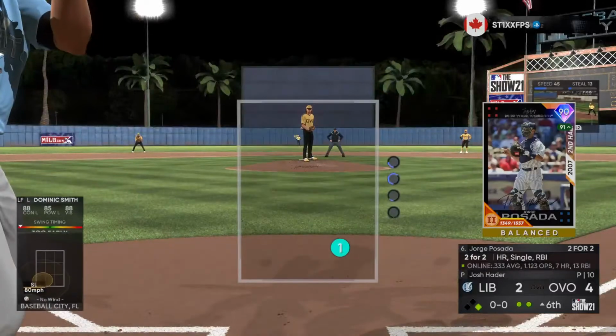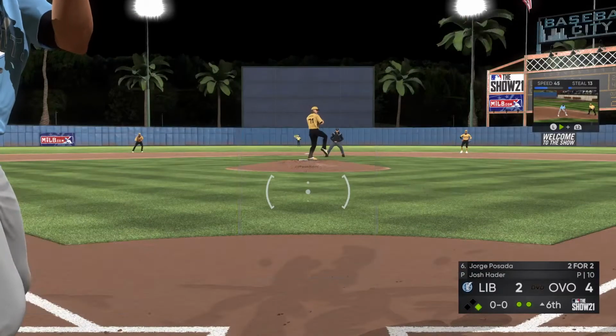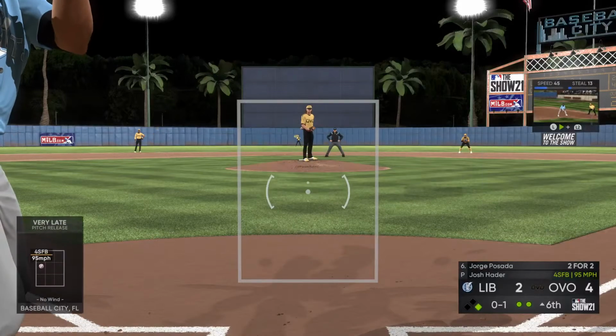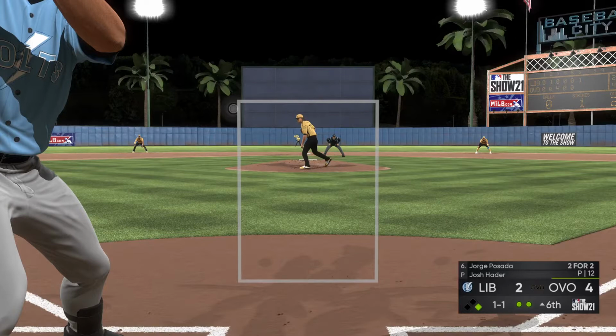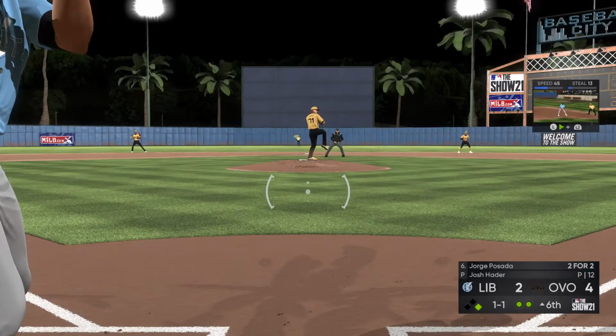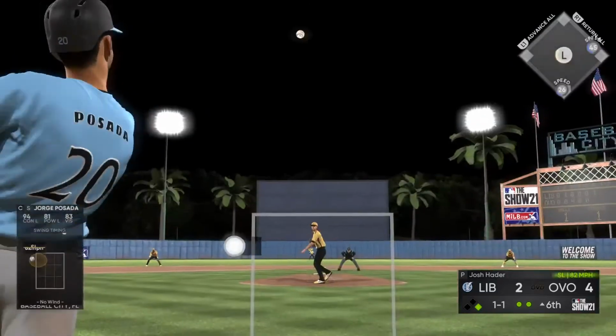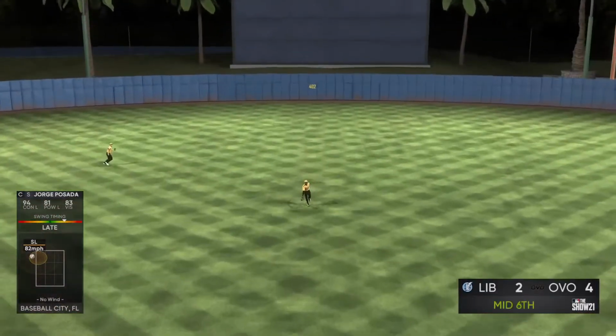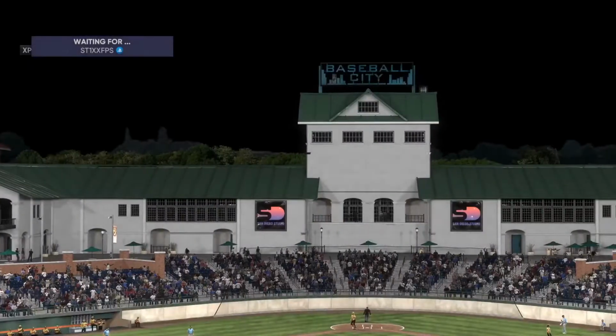So it's a runner at first with 2 men out. And here's the switch hitting Jorge Posada. And this pitch is taken on the inner half for strike 1. Yeah, that looked like an auto take right there, just trying to measure up this pitcher's stuff. And Posada will lay off there. It's back to 1-1. Lifted into the air to shallow center. And Junior will make the catch, and the side is